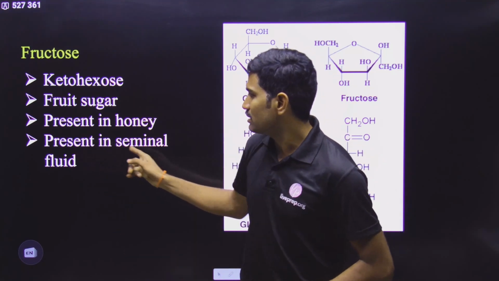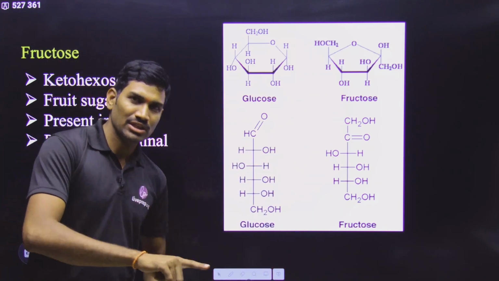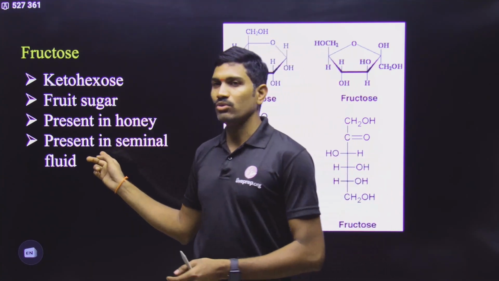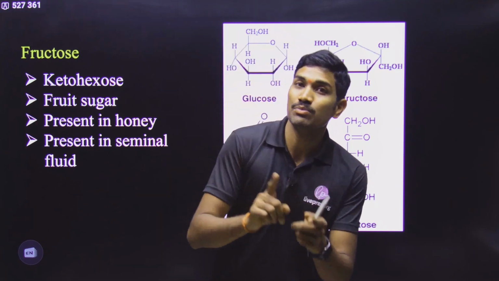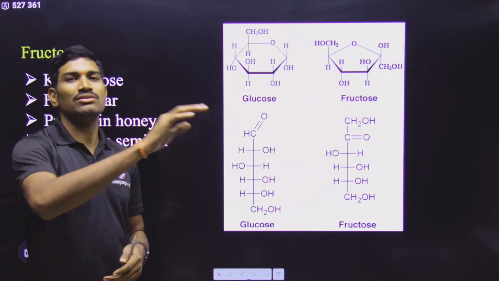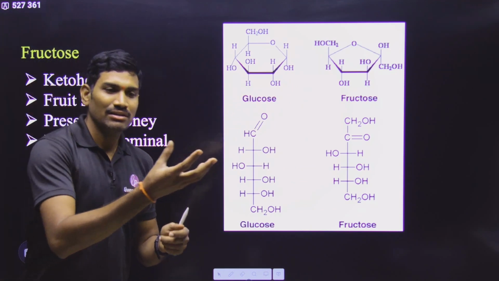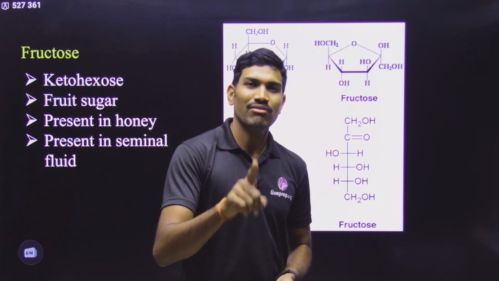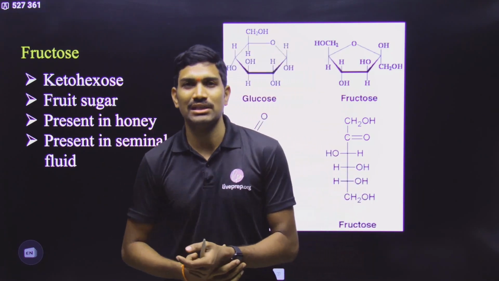So please understand this. Next one, it is also present in the seminal fluid. So whatever the semen we are saying, in that semen along with the sperm cells, even the fluid is also present, that is called seminal fluid. In that seminal fluid this fructose is present. And what is the role of fructose there? This fructose will be used by the sperm cells for their survival. Yes or no? For the sperm cells, until they are doing this fertilization, until then they have to survive. From where they are getting this energy? From this seminal fluid, they are getting this particular fructose and ultimately it will be used for energy production. So in this way, seminal fluid is also having the fructose. This is also another important point mentioned in human reproduction chapter of class 12th.